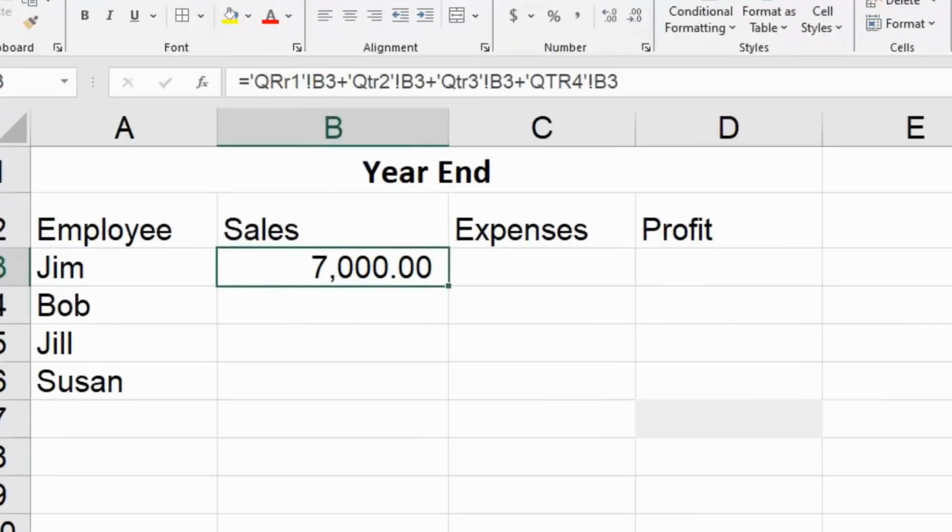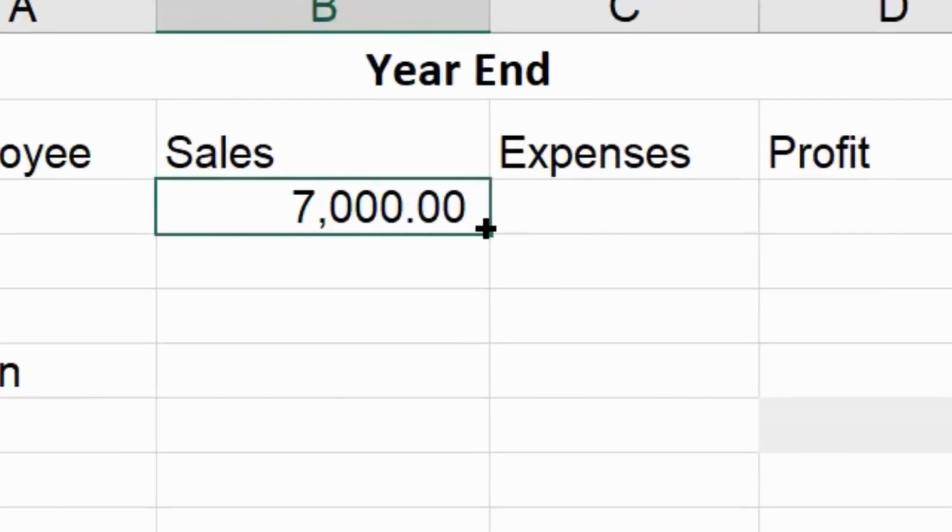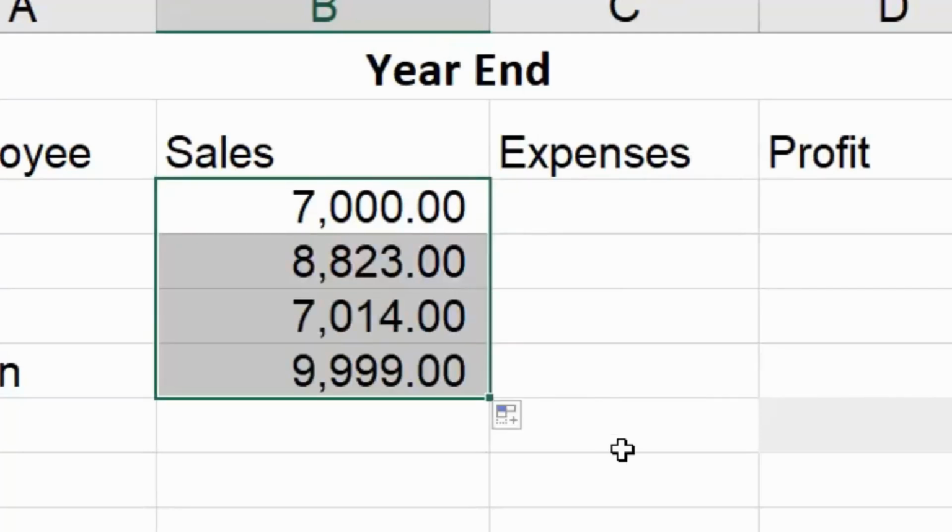But now the cool thing is when I've completed this, if I put my mouse and come up to the bottom right-hand corner of cell B3 and do my autofill. Now the autofill is not your select, it is the bottom right hand corner, and if I hold my left mouse button and drag it down, you can see it fills in all of the values in the sales for